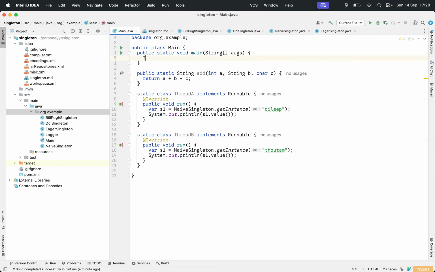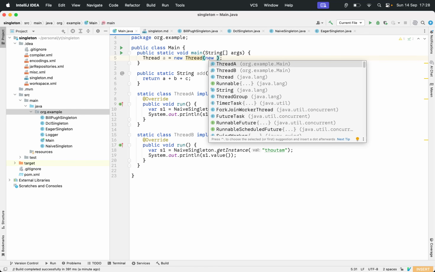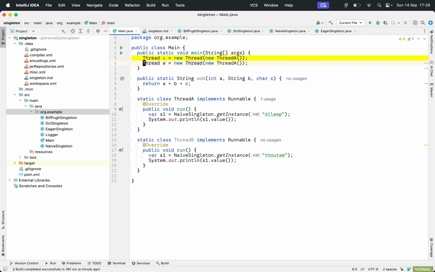Thread a equals, and let's go over here. So we have two threads initialized. Let's start b.start. Let's run this multiple times.